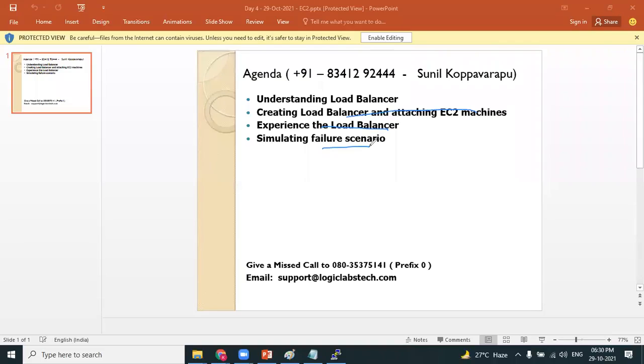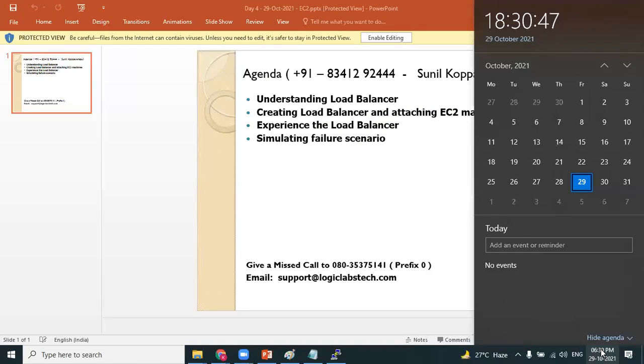What is the plan for the next session? My dear friends, I already have mentioned in my first class, there will be no sessions on Saturday and Sunday. There will be no sessions tomorrow and day after tomorrow. I strongly recommend for the participants who are not doing hands-on, please spend some time on Saturday and Sunday, do hands-on, catch up the concepts, whatever we have learned. The next session will be on Monday.